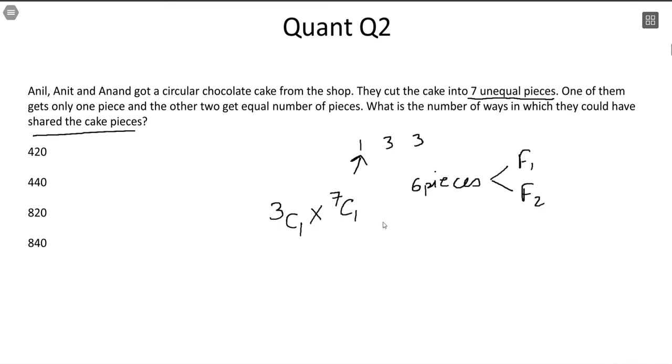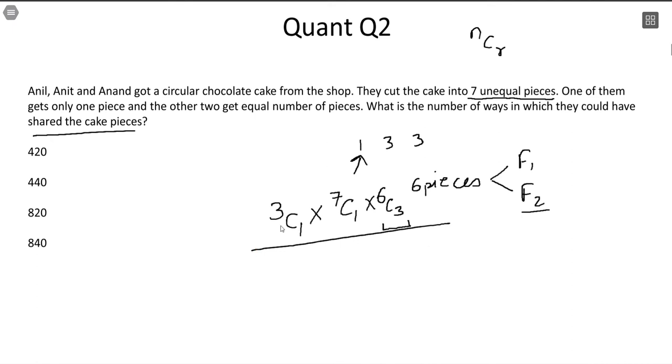So say you select 3 pieces. You select 3 pieces to be given to friend 2. Can you see at the same time 6 pieces to be given to friend 1? At the same time you have selected the 3 pieces that have to be given to friend 2. You don't have to make a selection for friend 2 again, after doing 6C3, whenever you do NCR, it is for a specific purpose. Why are you doing 6C3? We are doing this 6C3 to give it to one friend. As soon as you have given it to one friend, the selection for the second friend is also done, and therefore you don't need to multiply this by 2 again. To which friend should I give it to?